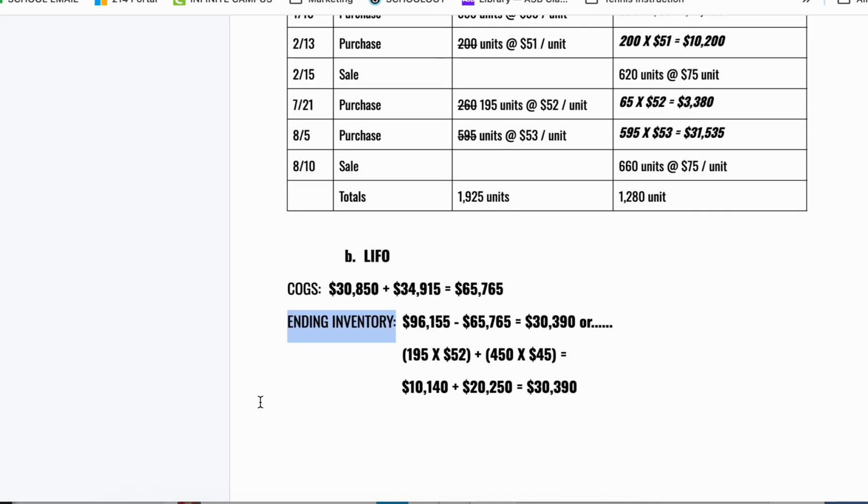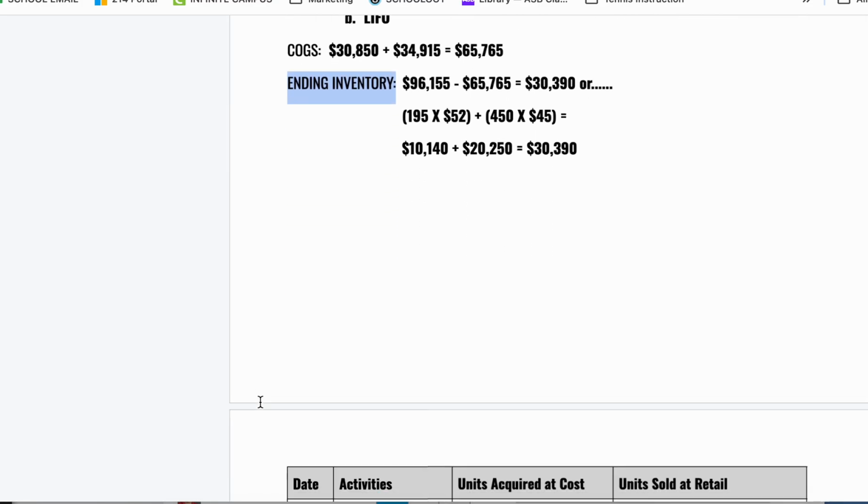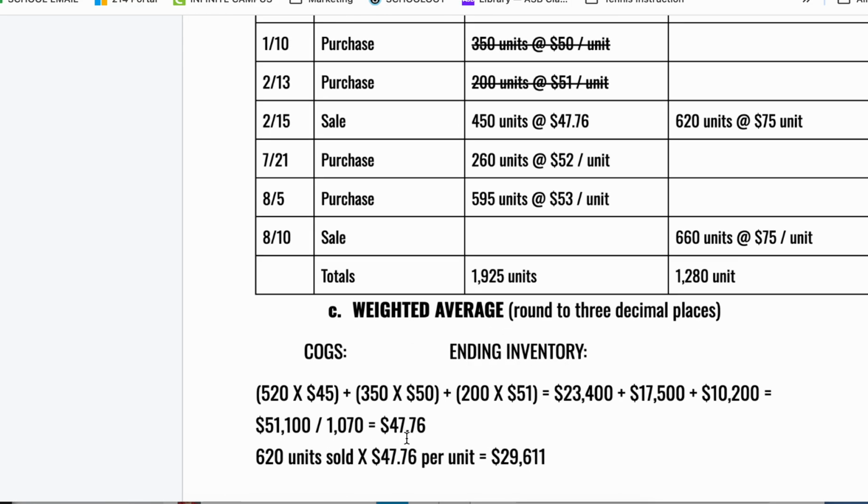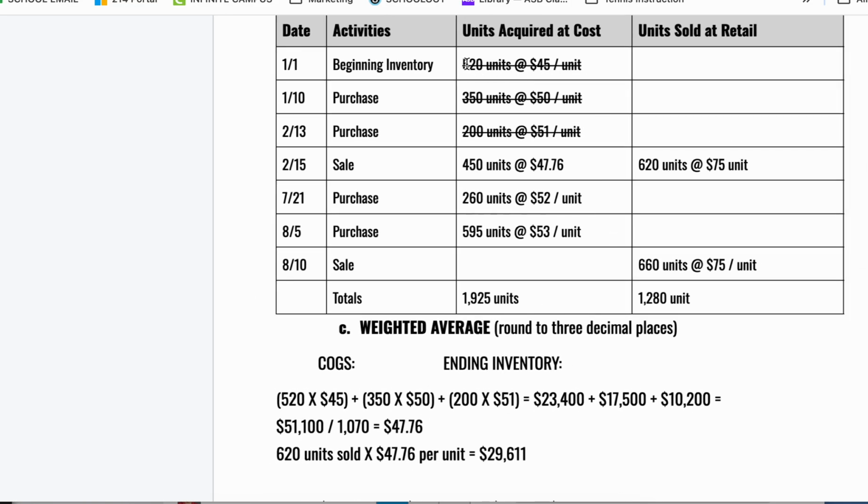So for my weighted average, this is a little bit more complicated because I first have to figure out what my average cost is per unit at my point of my first sale, which is right here. Okay. So ignore this. I'm going to delete this for a second. So I sold 620 at $75 per unit, but what was my average cost? I would take 520 times 45, which is this one right here, plus 350 times 50, plus 200 times 51, and I'd get a total of